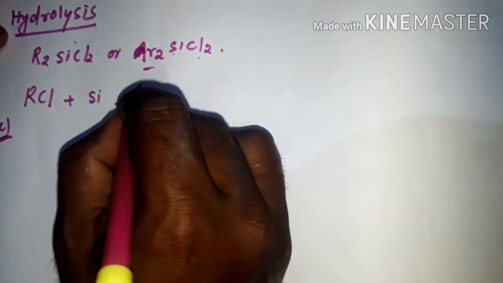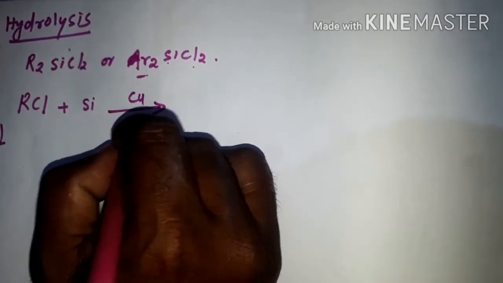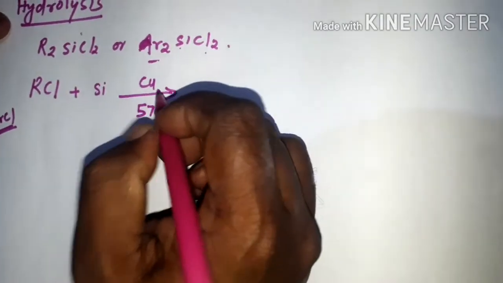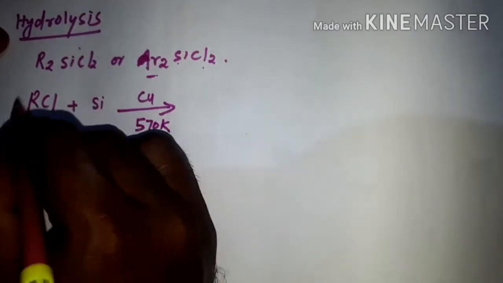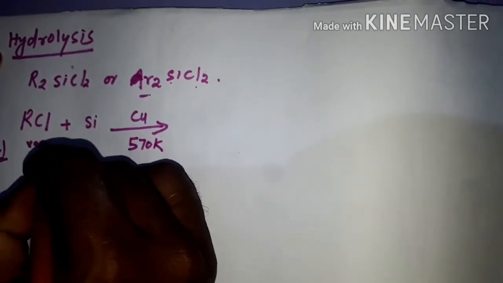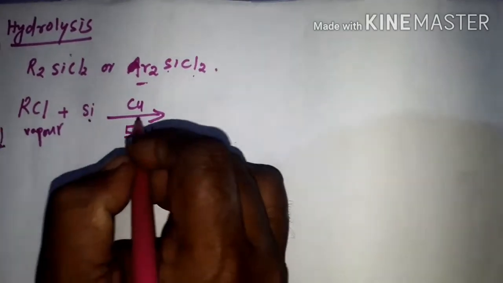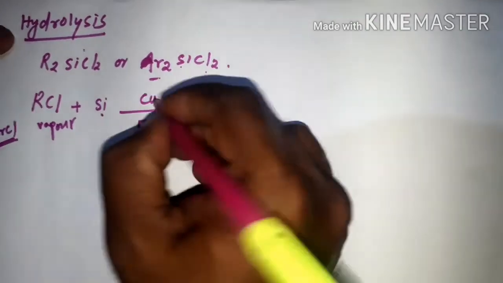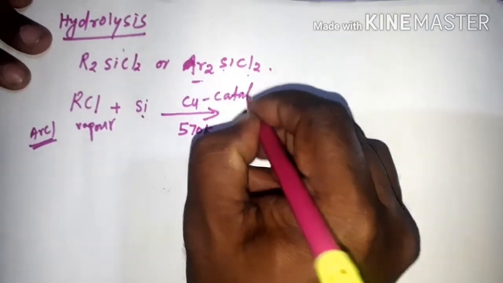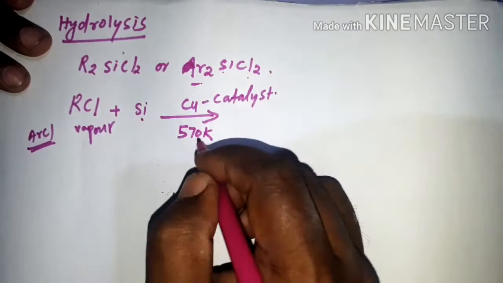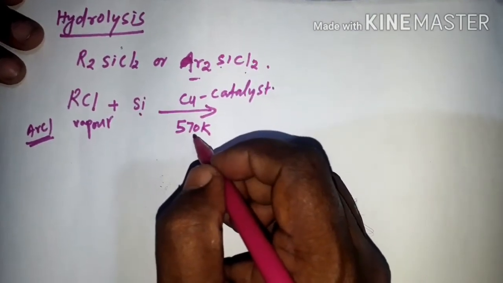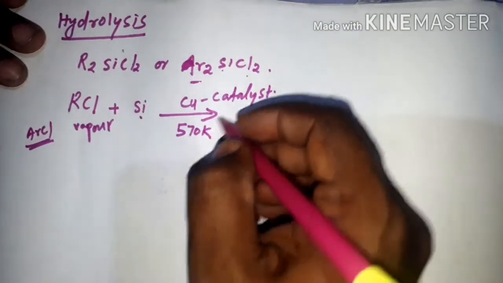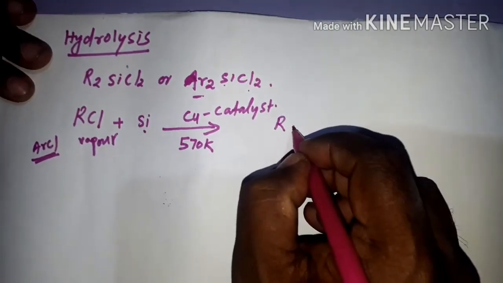The catalyst is copper and the temperature is 570 Kelvin. So pass this RCl vapor, it is a vapor, on silicon in the presence of copper as the catalyst, and the temperature is 570 Kelvin. So the product we will get